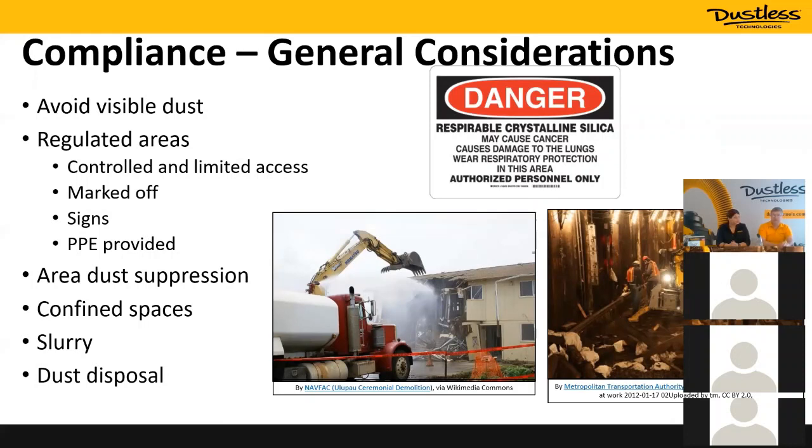Sometimes, especially in demolition, you can't knock down all the dust. And so you'll see big sprayers that they use to suppress the dust from coming up and keep everything wet, so you don't get a lot of the dust around. Confined spaces are a special concern. The more confined the space, the faster the silica is going to build up. So you need to make sure you have proper ventilation and proper engineering controls, PPE, and everything else to make